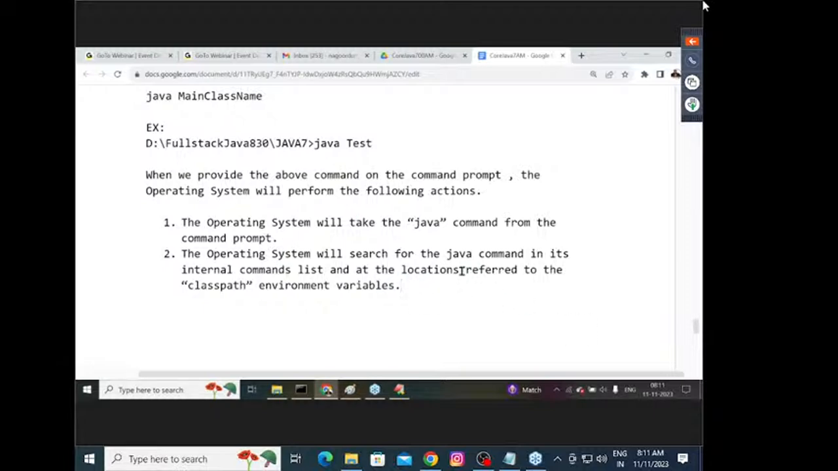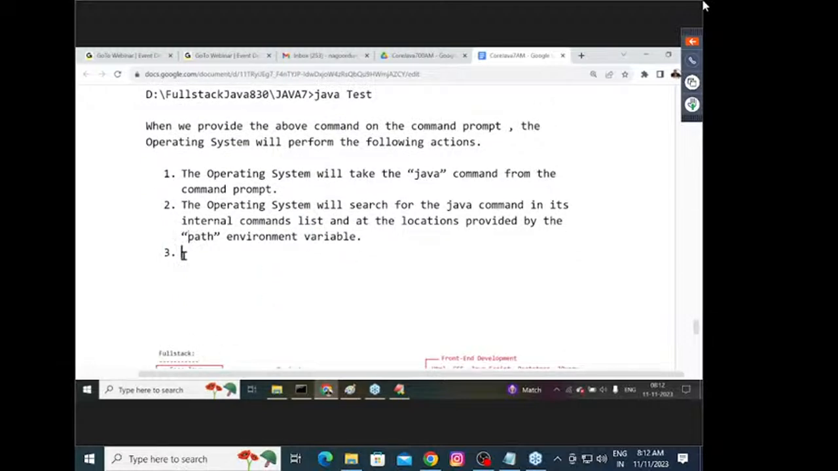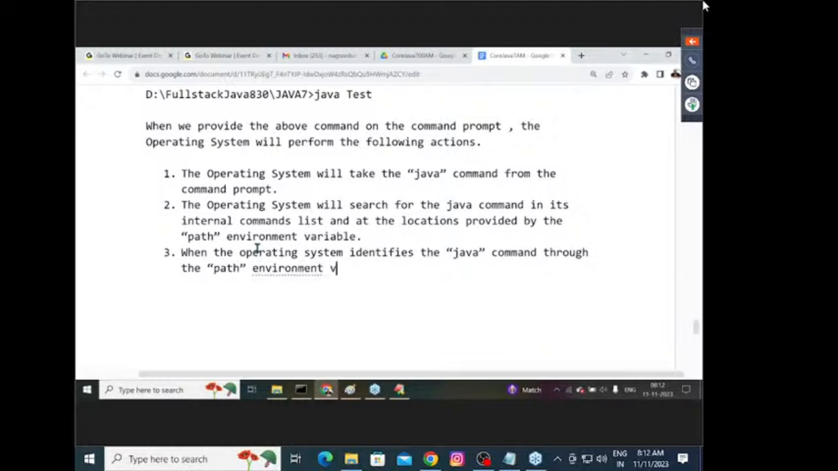Under the locations provided by the class path environment variable. All right, sir. Now definitely through the path environment variable, sorry, not class path. Path environment variable. All right. Now, when the operating system identifies the Java command through the path environment variable provided locations,